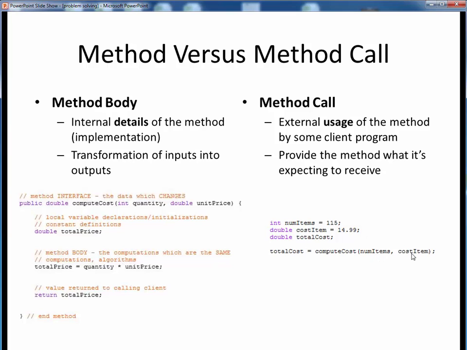Finally, note that the variable names we use can differ on both sides, and this is pretty typical. As long as the method receives two pieces of data of the specified data types, here an int and a double, the code and the compiler are both happy. You'll probably be writing some simple methods like these in a current program assignment. Okay, that should do it on the problem-solving structure of methods.